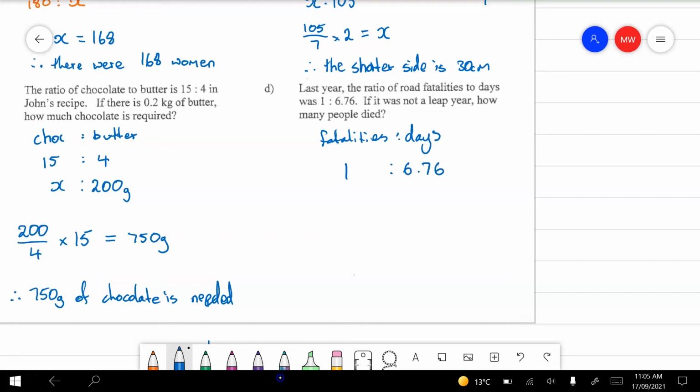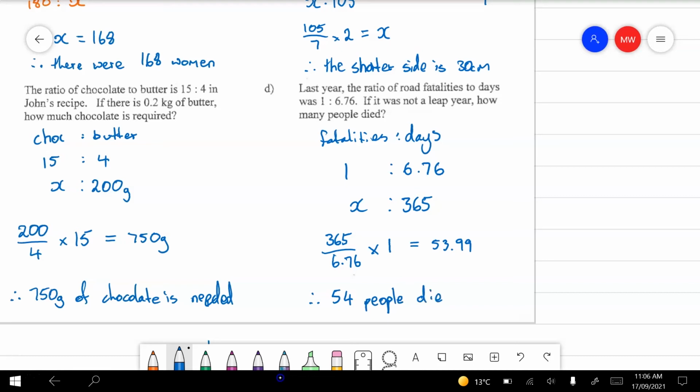6.76. It was not a leap year, so I know that there are 365 days in a year, and I want to know what that number there is. So remember, I'm trying to turn 6.75 into 365, so if I put 365 over 6.76 times that 1, then I'll get the answer 53.99. We might need to round this one, okay? So therefore, 54 people